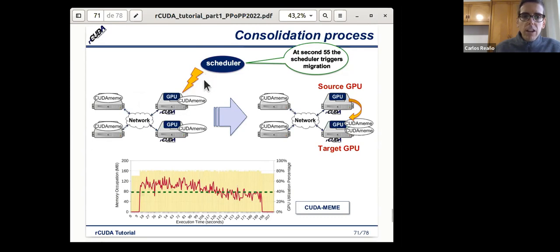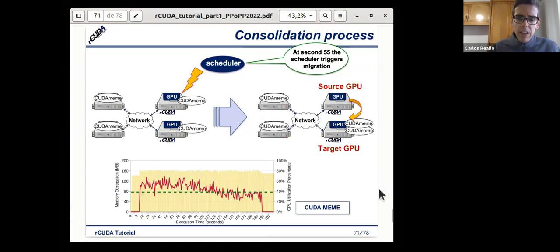So the scheduler decides that node is going to be switched off. All the applications running in that node are migrated to another node, and finally this node is switched off.